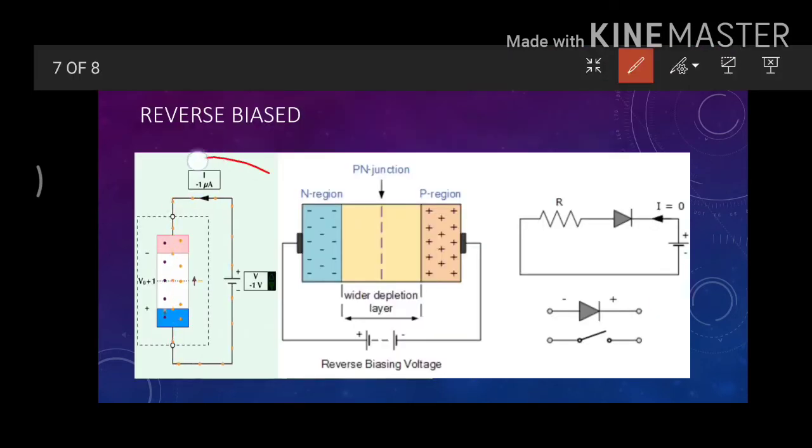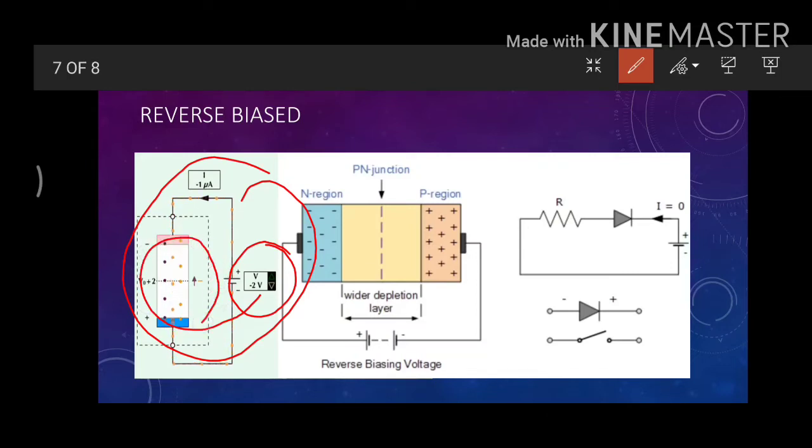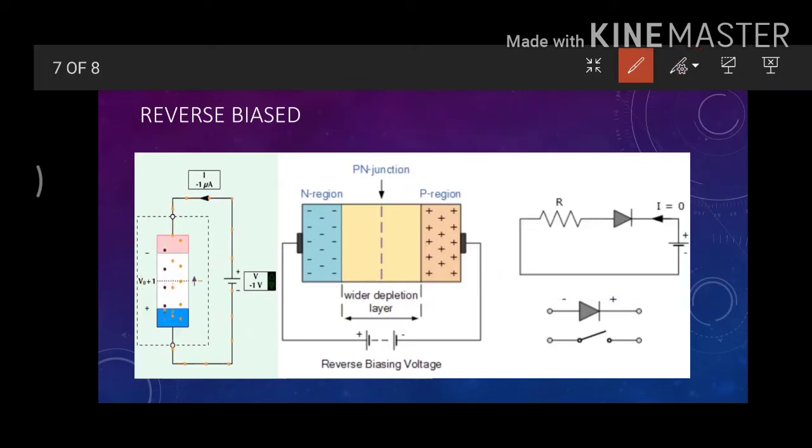As we can see here in the diagram, at negative 1 volt the depletion region is not as wide as it becomes at negative 2 volt. So in reverse bias, the more negative voltage you apply at the ends of the diode, the wider the depletion region gets. In reverse bias, you connect the p type with the negative side of the battery and the n type with the positive end of the battery.